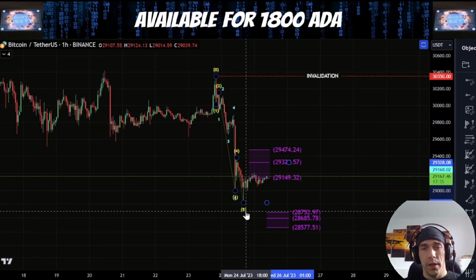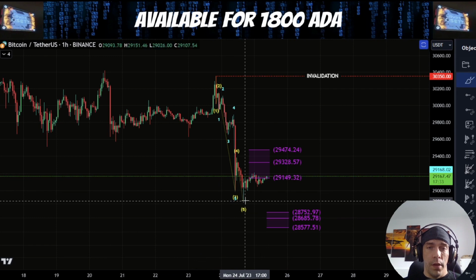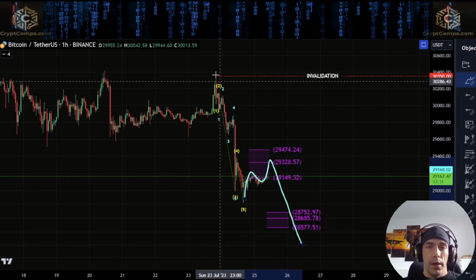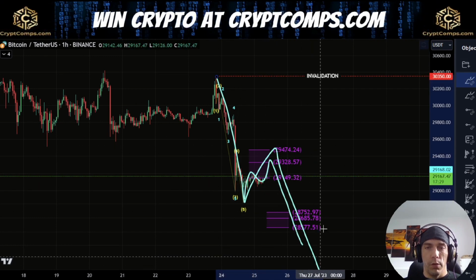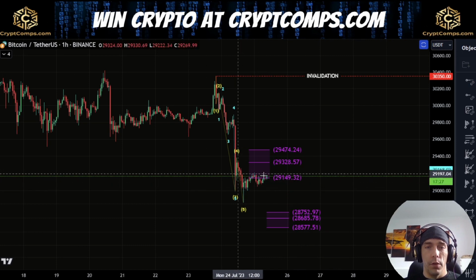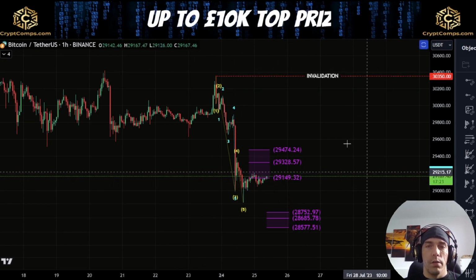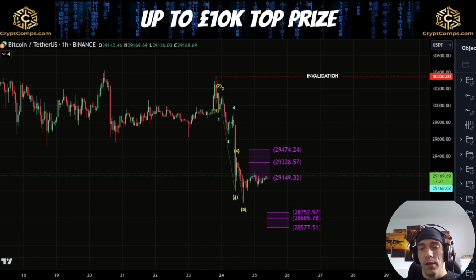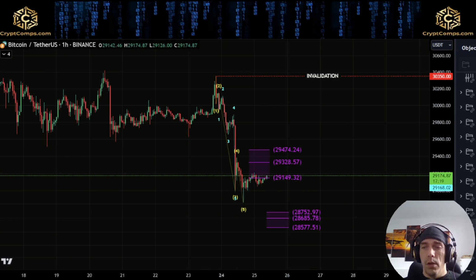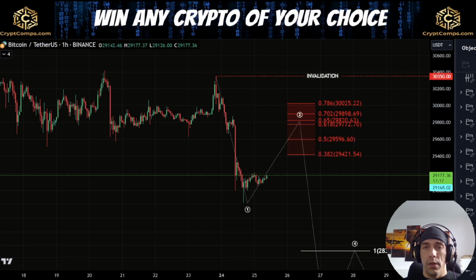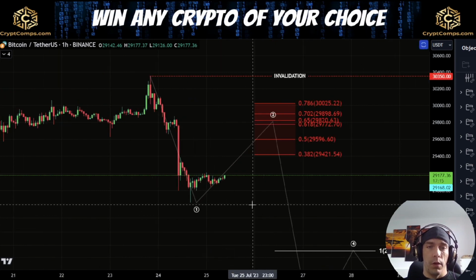Now, it is possible that this could also just be a really short wave 2 here, and this becomes 1, 2, and then we look to break down in a bigger way. So we need to be careful of that idea as well. Until we actually take this high here of this 30,350, we can look to extend it to the downside. Now, if we are looking to potentially extend to the downside, what we could see is something along these lines,